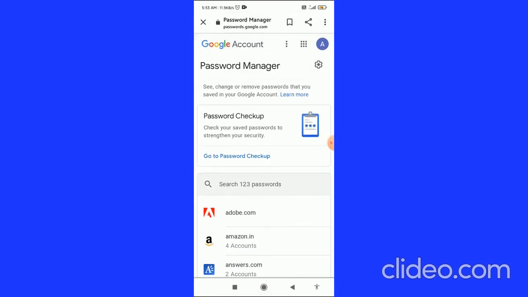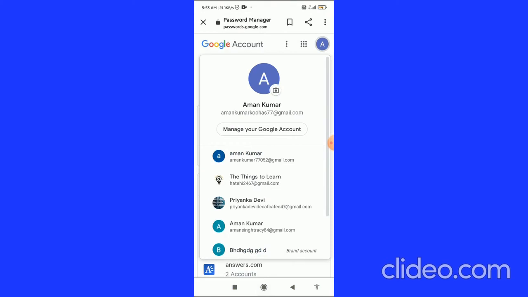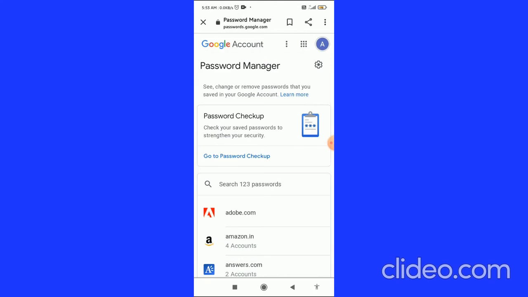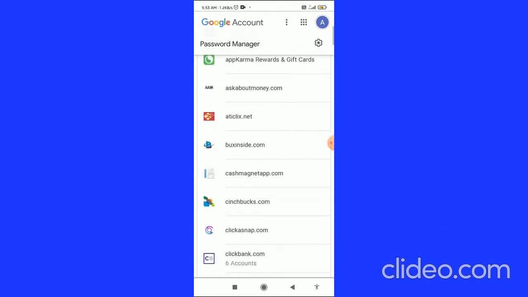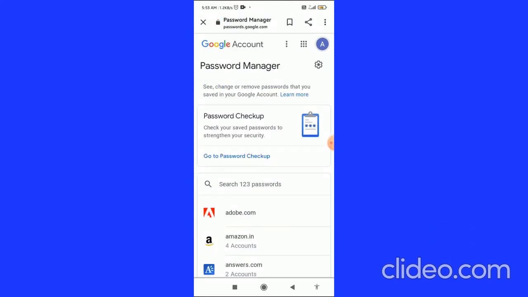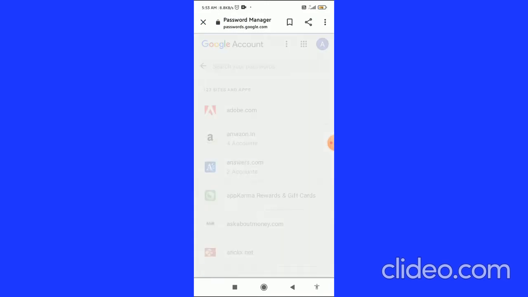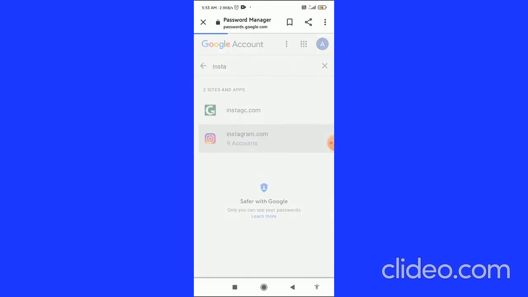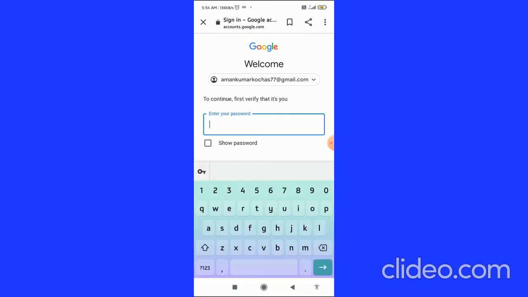You can switch to another account by clicking on your profile icon in the top right corner, and then you can switch to another account. So if your account password is saved in this Instagram account, your next step is you have to search for the Instagram. So let's see, I search this, and here you can see it come. So click on the Instagram, and then here you have to